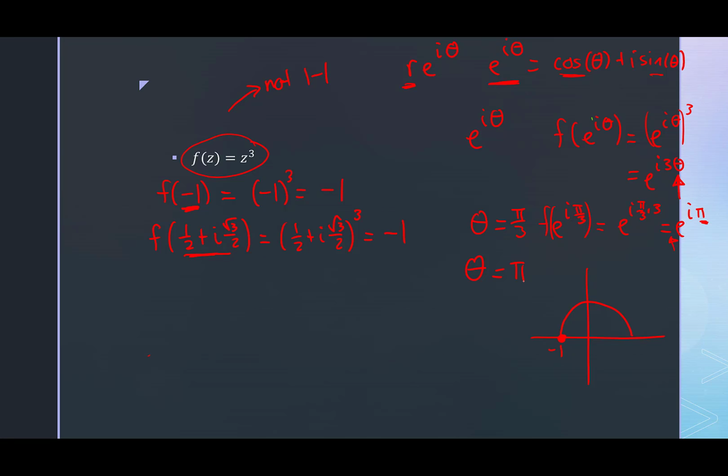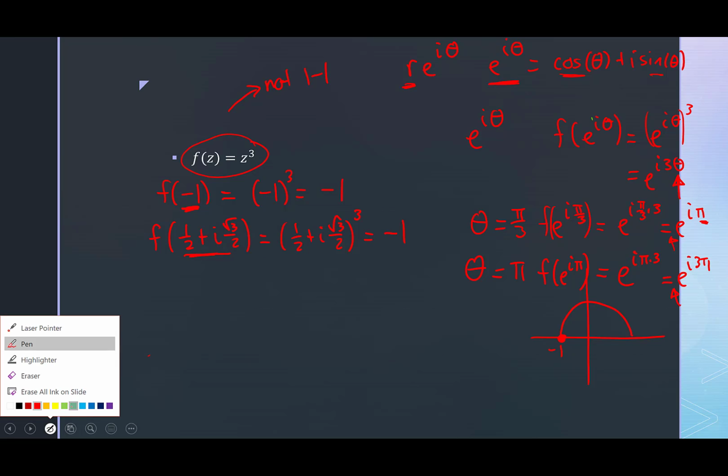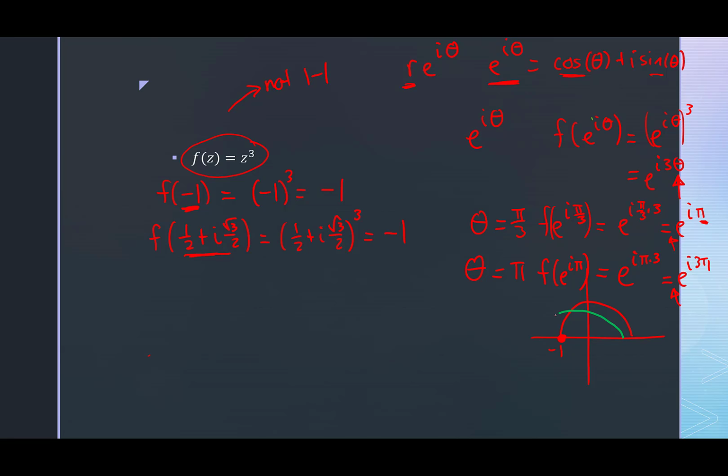Okay, so if I plug in e to the i pi, and sorry, I'm drawing over my graph here, we're going to get e to the i pi times 3, which is just e to the i 3 pi. Okay, so now this is a complex number which has length 1 and makes an angle 3 pi with the positive real axis. And so if we think about that, I'm going to use a different color here. Where is the angle 3 pi? That's 2 pi, and then 3 pi will land us right back here. So I know I've gotten to the same place.